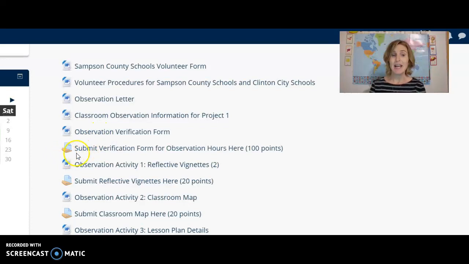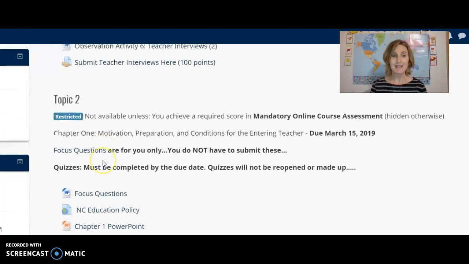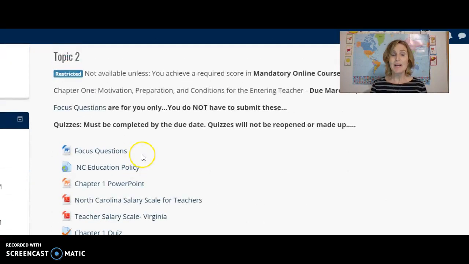Anytime that you see a hand signed that's holding a paper, that is where you turn in that particular component. This is a 200 level class. I know that many of you, again, have already taken 200 level classes, so I don't foresee you having a problem submitting anything. If you do, again, please feel free to reach out, and I'll be glad to help you with that.